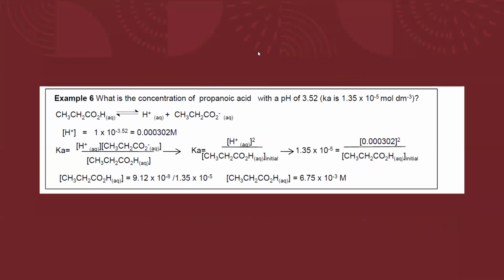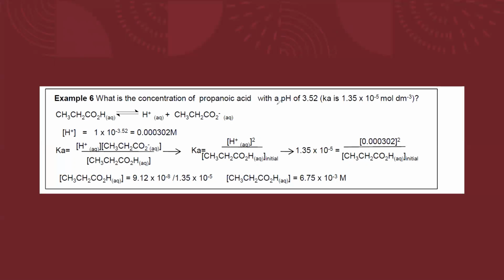In the same way, what is the concentration of the propanoic acid if the pH is given? Using the pH, you can also work out the concentration. How to work out a concentration? Propanoic acid, so this is the equilibrium. First, always write the equation. This is the equilibrium for it,